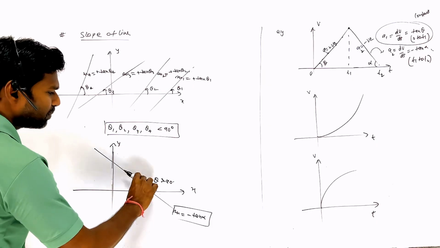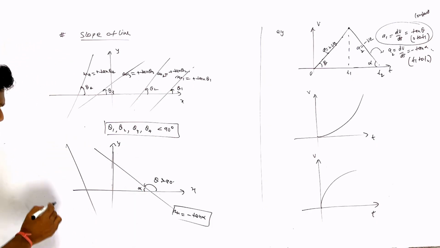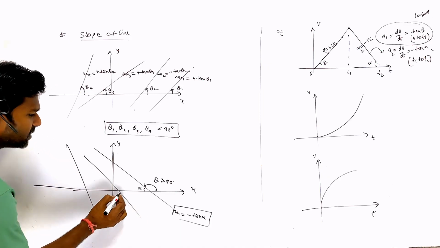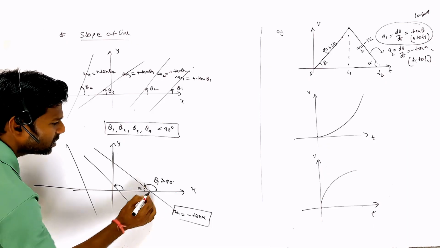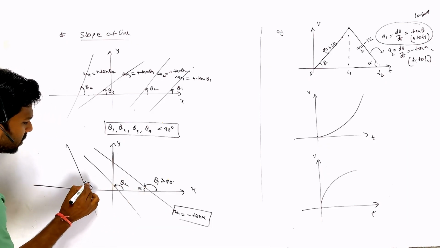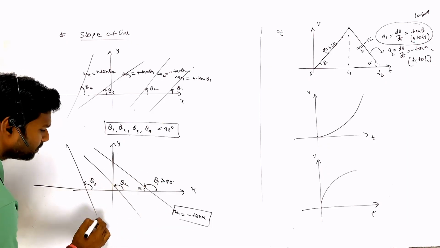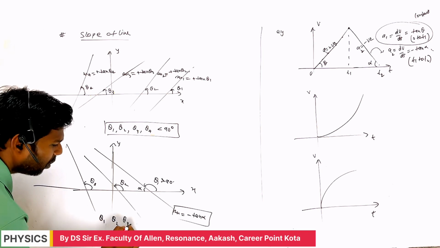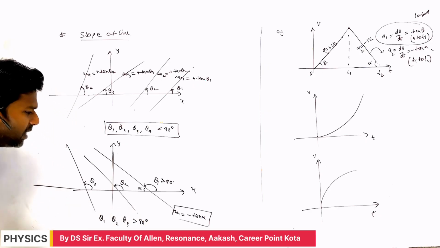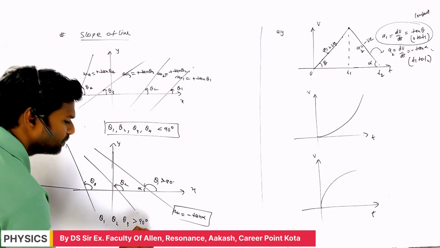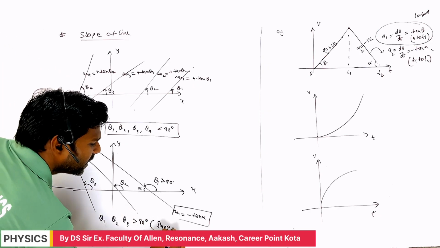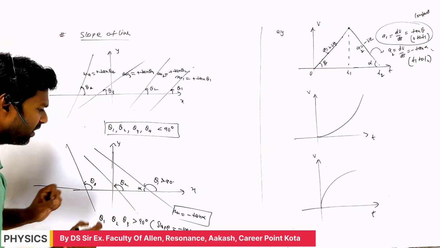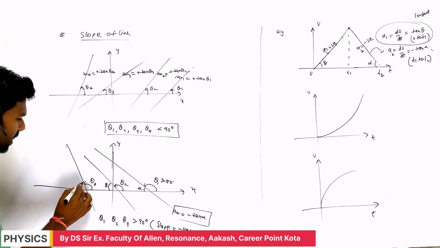Whether the line is present this side or this side does not make a difference. Suppose this is theta 1, this is theta 2, this is theta 3. In all cases, whether theta 1, theta 2, or theta 3, the angle is greater than 90 degrees, and therefore the slope is negative. How much negative? Suppose this angle is alpha, this angle is beta and this angle is